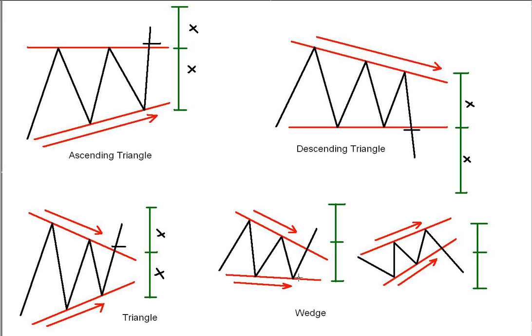So you are measuring the distance between the last hit on the bottom line to the close above the descending line in this example. So you're looking for a close there, and the distance X has to be the same as your profit target X in the upwards direction. And remember, it will be the other way around if you had a break below here, but obviously we're just going to use this as an example